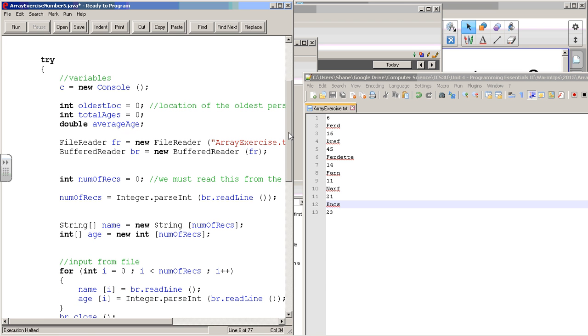I'm doing the very last one, where we read it in from the file instead of the keyboard, but essentially it's the same problem, except you don't have to watch me type out all the names and stuff. There's my text file, array.exercise. You see I've got 6 records, FERD and their age, and then there's 6 people, and the first line here picks off the 6, parses it to an integer,